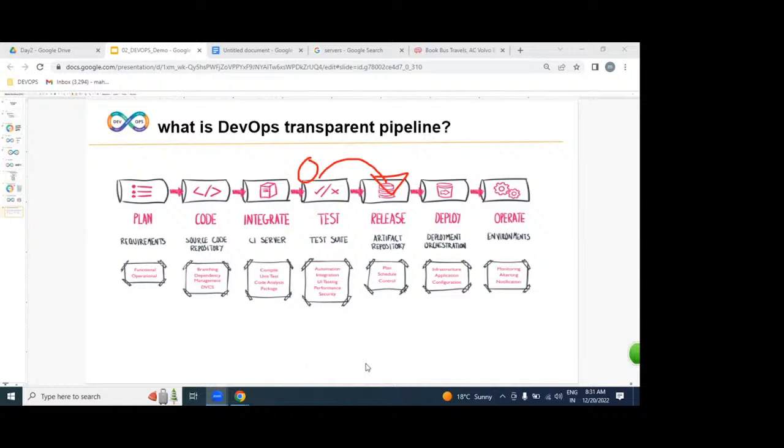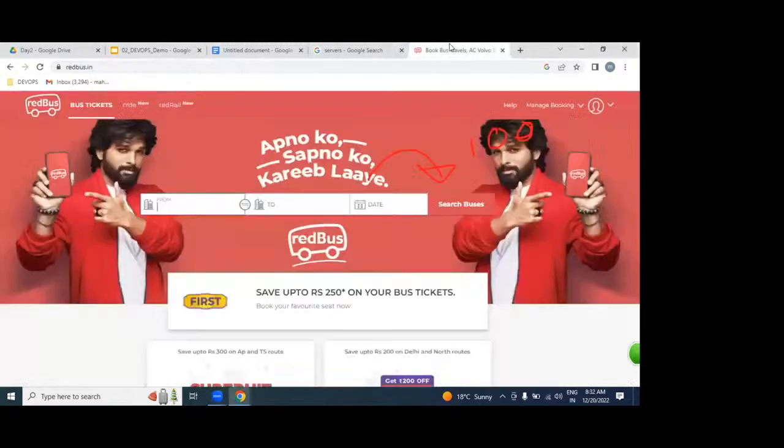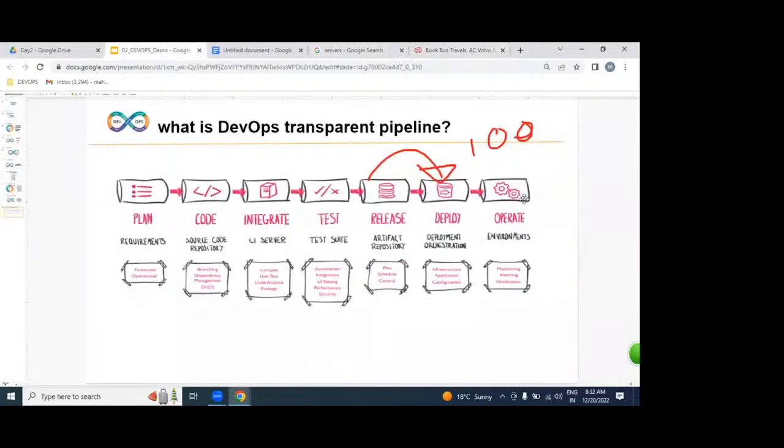From a particular maintenance window, monthly or weekly, with the support of all our team members, we place it on hundreds of servers. Once our application is placed on hundreds of servers, we can access it on the internet as a website. Is our job finished up to here? No. Whether this application is working or not, we are going to monitor and maintain it.